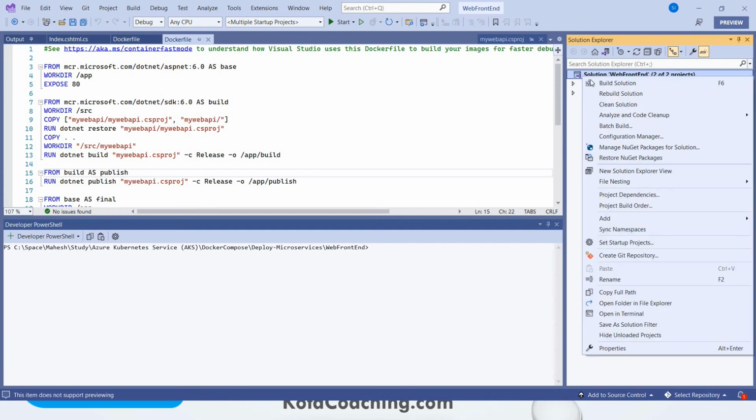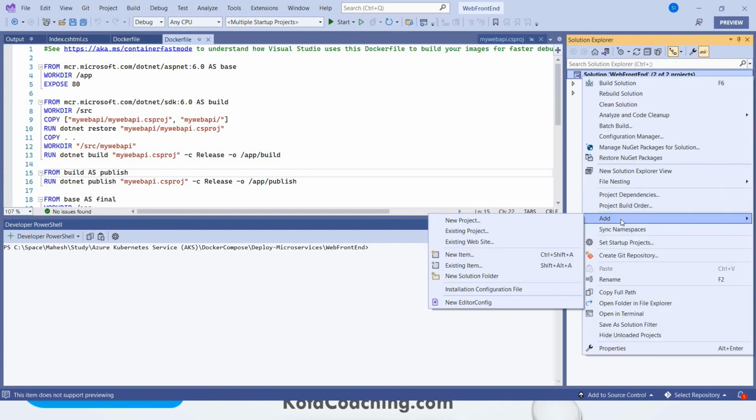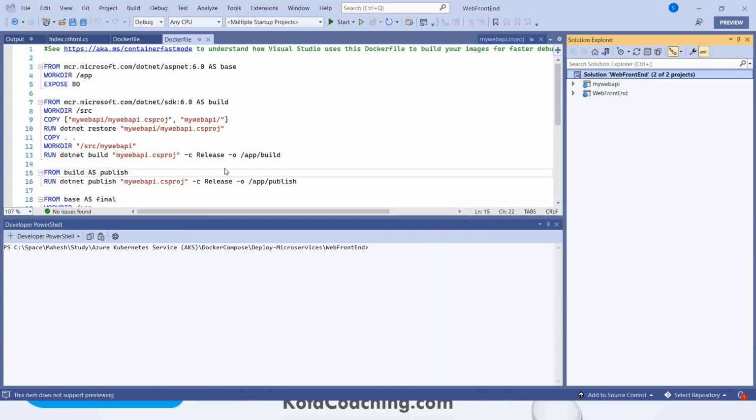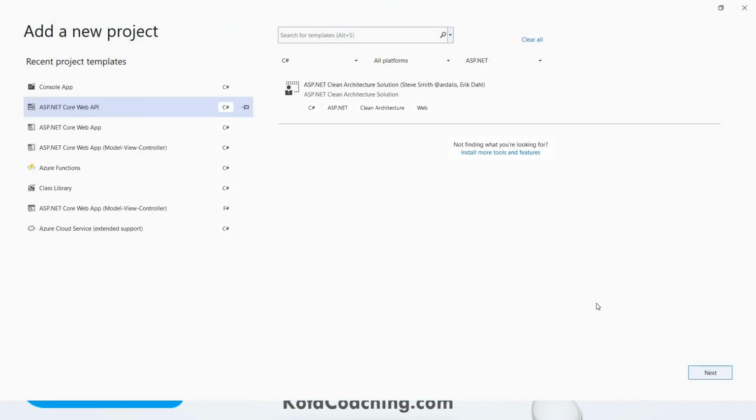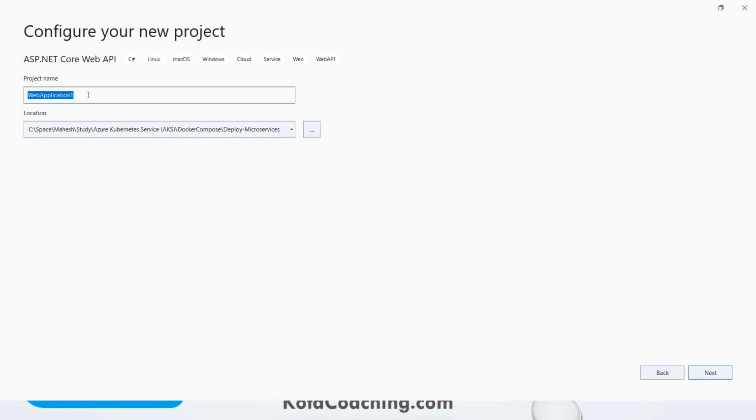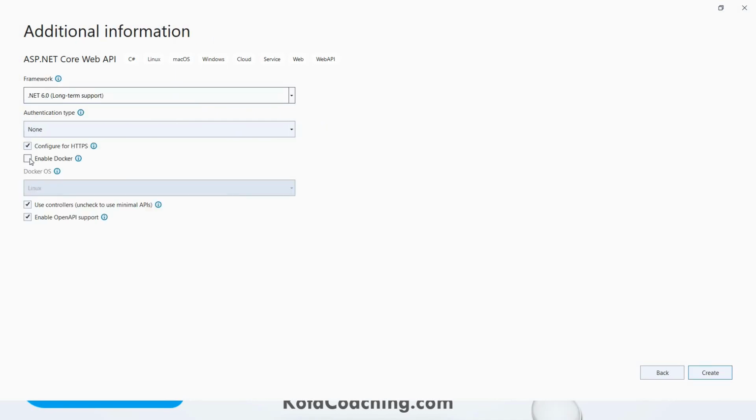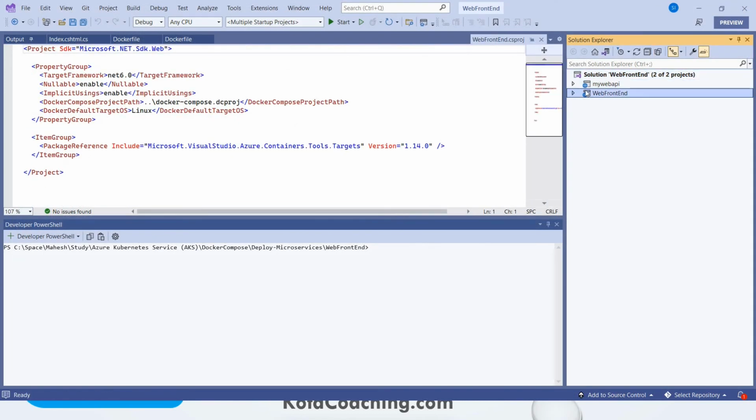How can you make it Docker enabled? Let's see one example. Let's create one API. Select the ASP.NET Core Web API. On next, give the name my API2. Then make sure it is Docker enabled. HTTPS is not required. I can select Linux and then create. But in this video, I will use only two applications for your understanding of how we can deploy into